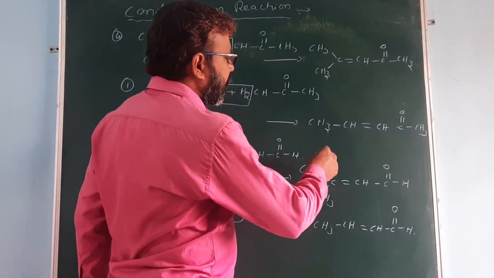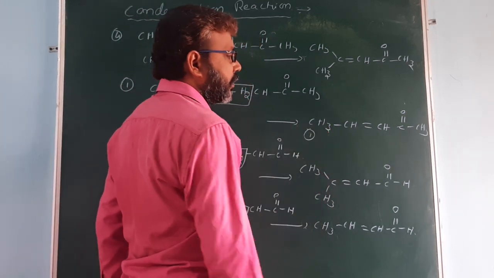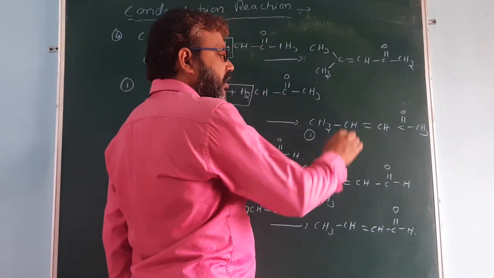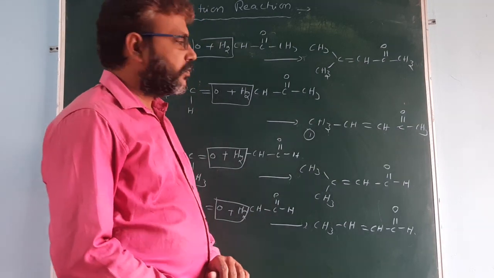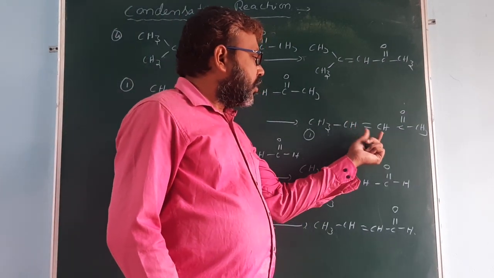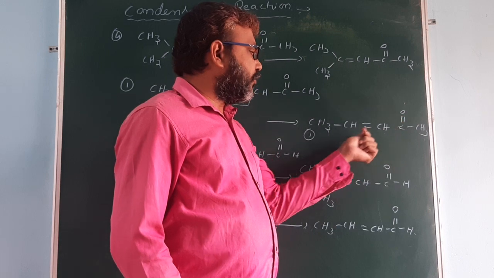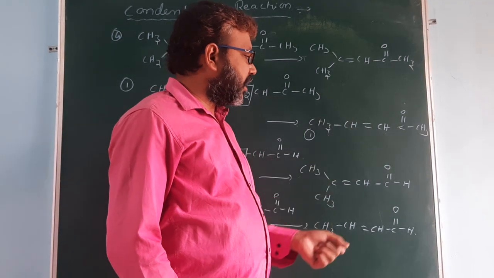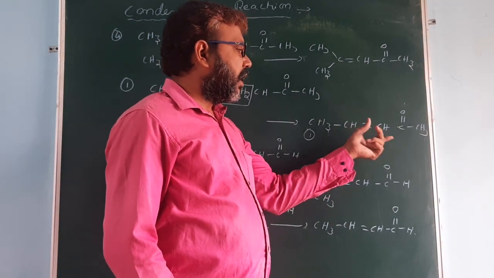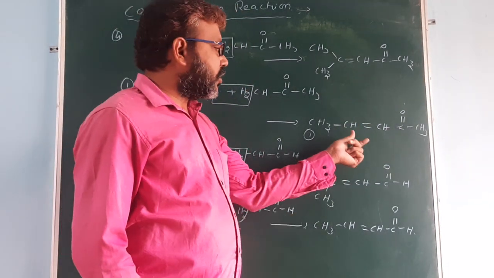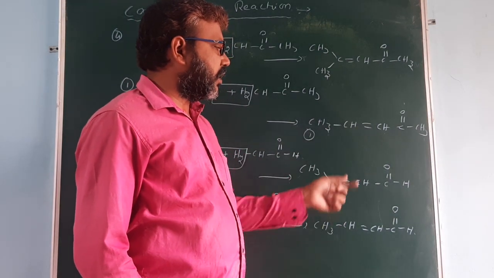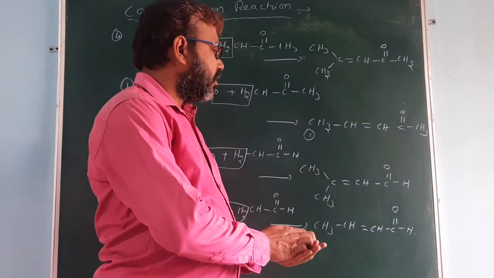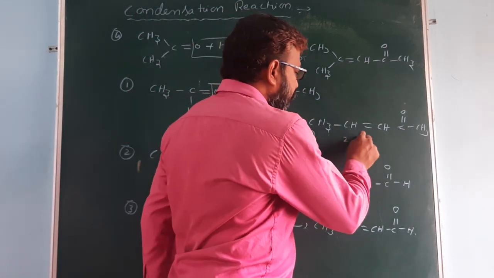Okay. So it is product number 1. It can exhibit cis and trans isomerism because there is a double bond present between the 2 carbon atoms. Okay. So this carbon is bonded with 2 different groups. This carbon is also bonded with 2 different groups. It can exhibit geometrical isomerism. One is a cis isomer, another one is a trans isomer. 2 similar groups lie on the same side, it is a cis isomer. Okay, 2 hydrogens lie on opposite sides, it is a trans isomer. So here we get 2 isomers.